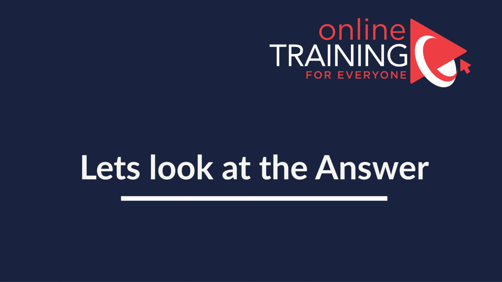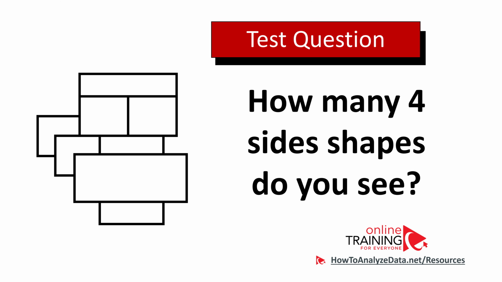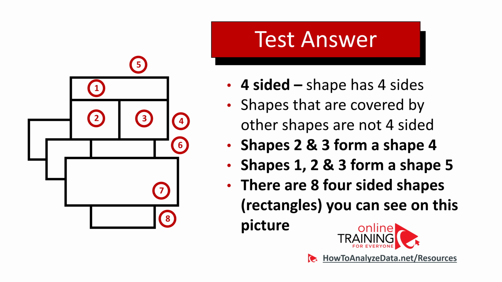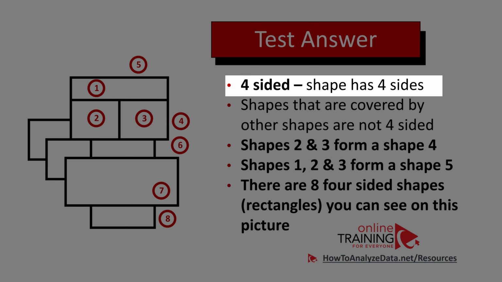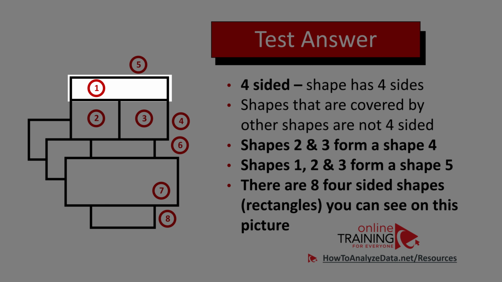Did you figure it out? Let's jump to the solution so we can solve this challenge and get to the correct solution together. So as I mentioned, first let's do a definition of the four-sided shape. And the simple definition is that the shape has four sides. For example, a rectangle has four sides, and you see a rectangle 1 here which has four sides,